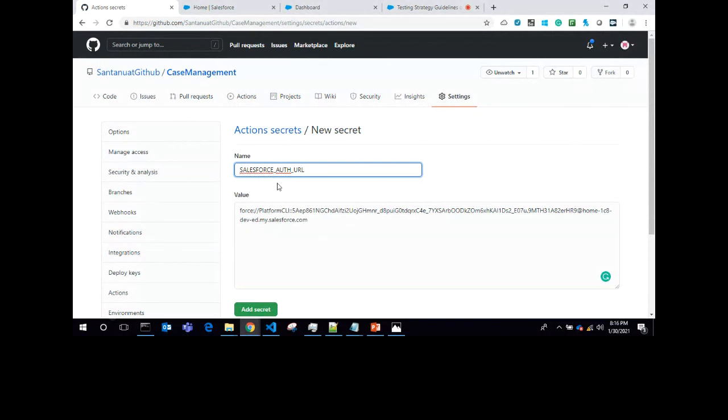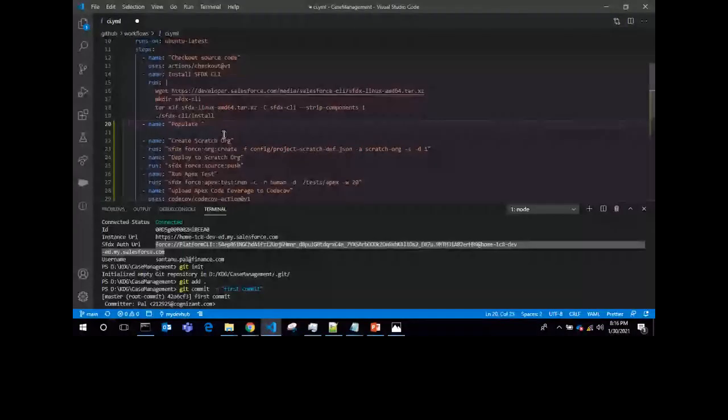Now I have to mention in the ci.yml file to use the secret. For that, let's say name: first, I need to populate the secret in a text file on my virtual machine. So populate, let's say, I can copy this, Salesforce auth URL secret. Okay.